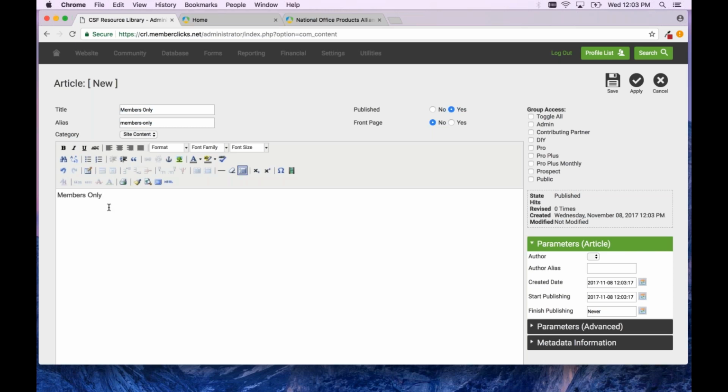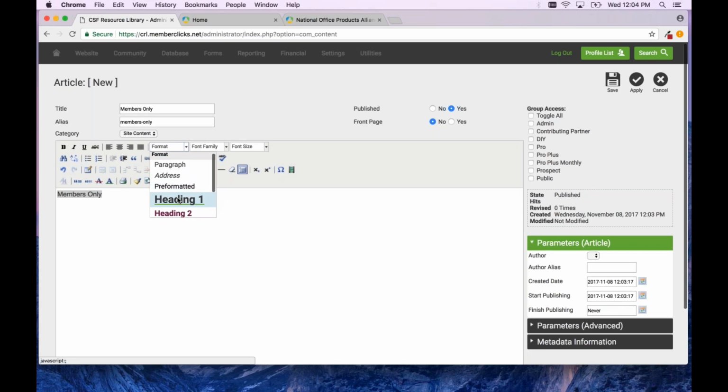Now, most of the items that you'll see in here probably look really familiar: bolding, italicizing, underlining, your strike-throughs, different alignments. You can also change the font family. You can change the font size. You can change the color of your font or the highlighter of your font. My suggestion is not to use any of those items, but instead we have some formatted fonts in here that you can use. The reason I would suggest using these is two reasons. One, consistency throughout your site, but number two,